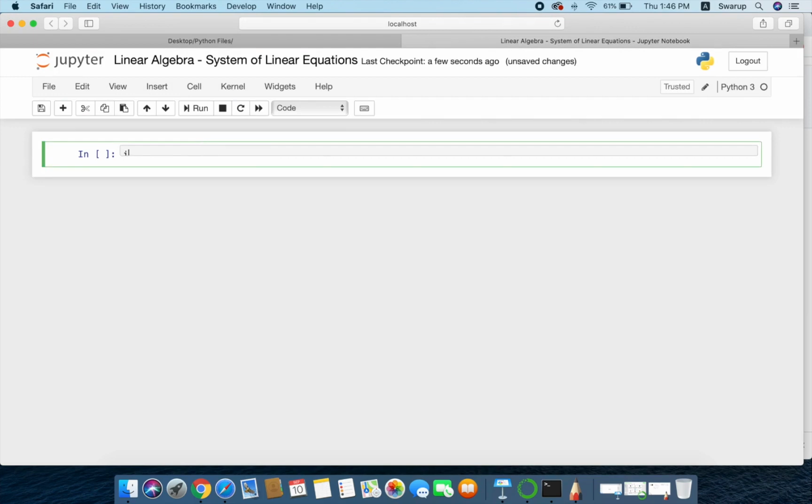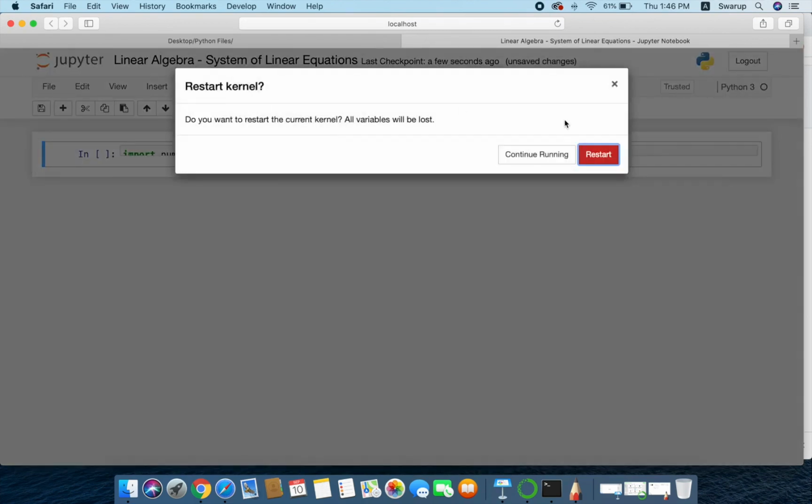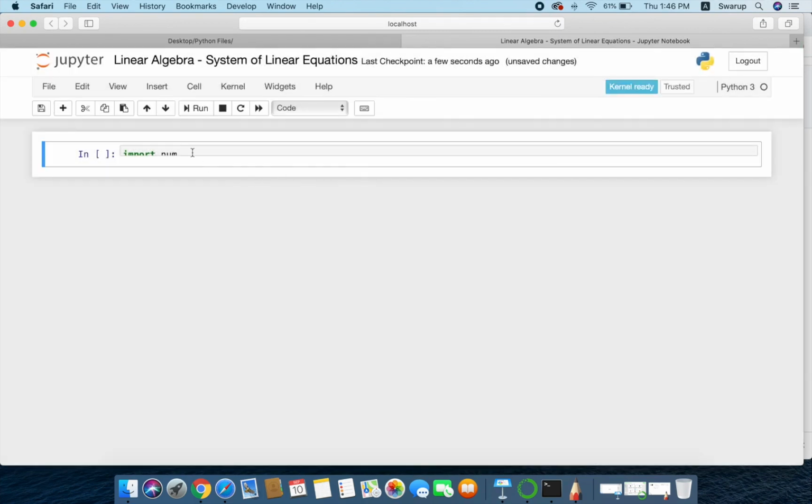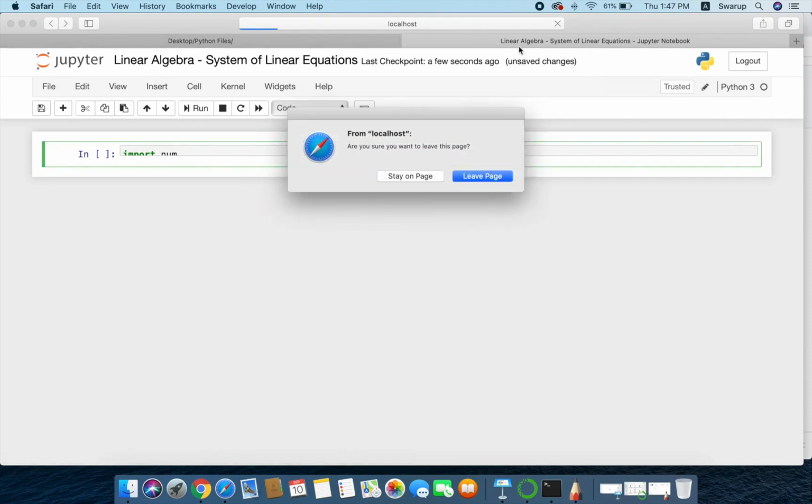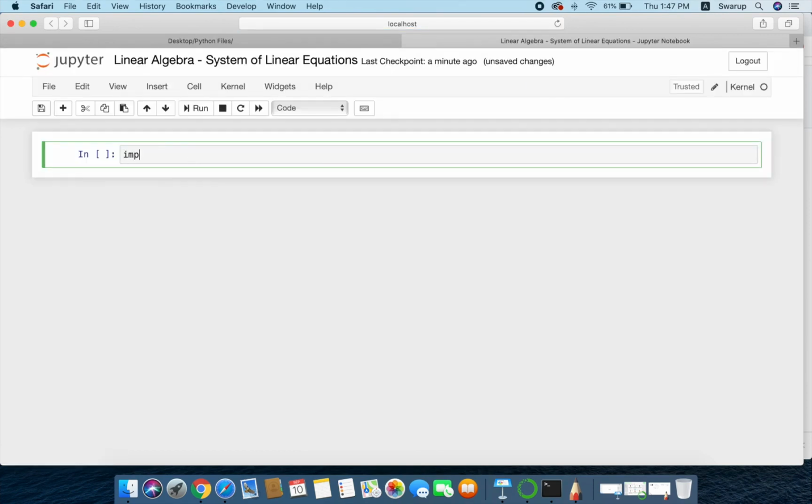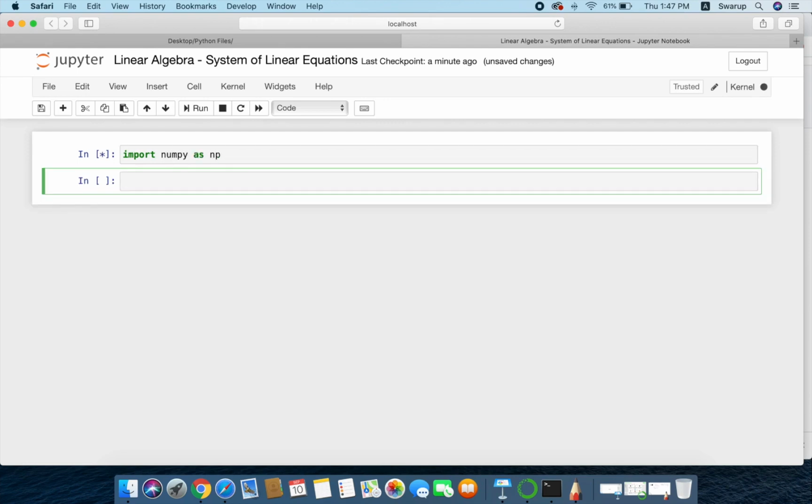The first thing we need to do is import numpy as np. We are using numpy here so that we can create arrays, that is, a matrix format.